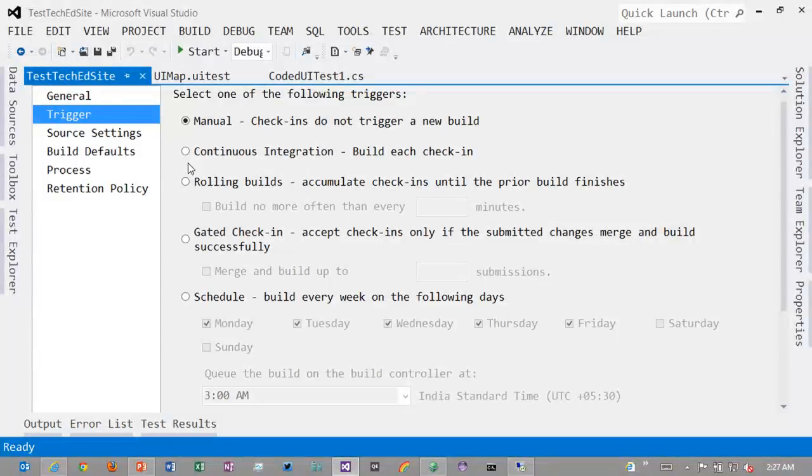Some of our teams actually use a gated check-in model, where only if the build runs successfully, that means a compile has been done successfully and the tests have been run successfully, will the check-in actually go through, right? So you never ever hit a scenario where there is a bad build. The check-in goes in only if the test itself has passed. But you have to be a little bit careful because